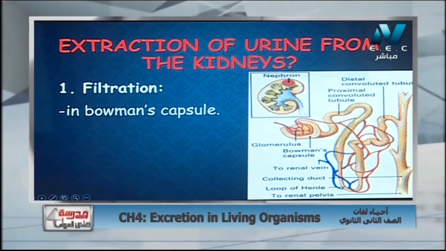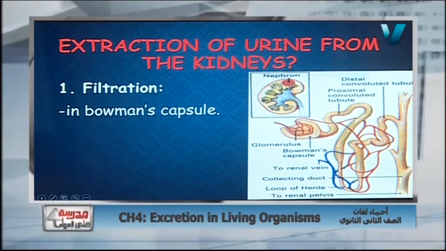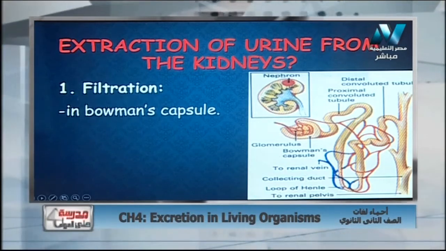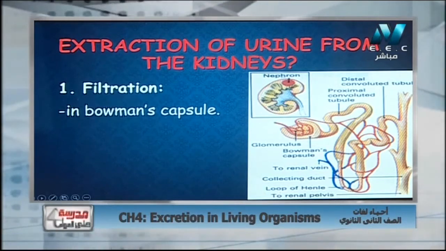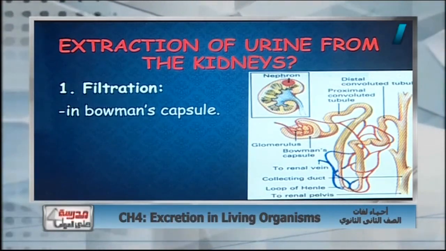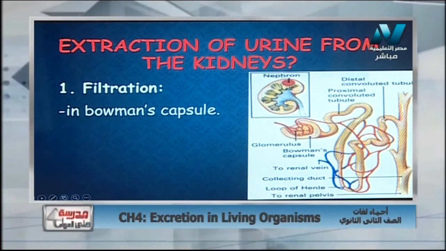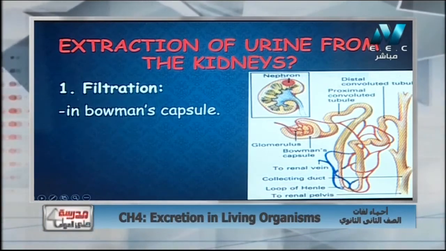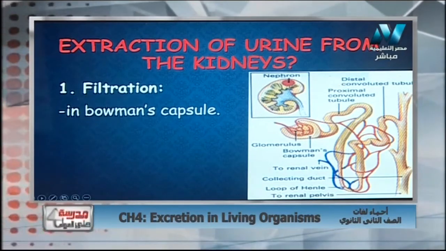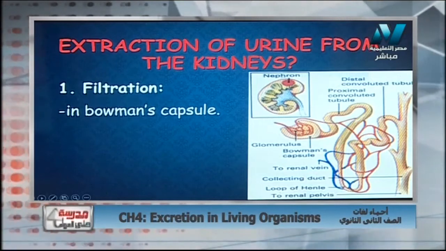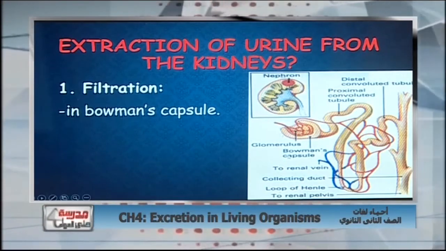The first one is called the first coiled tube, and this part, which is U-shaped, is called loop of Henle. We give it the name of the one who discovered it, so it's the loop of Henle. And the third part is the second coiled tube. After collecting the urine from the blood, the urine is poured in the collecting duct, which collects the urine from different nephrons and moves to find its way out of the body.